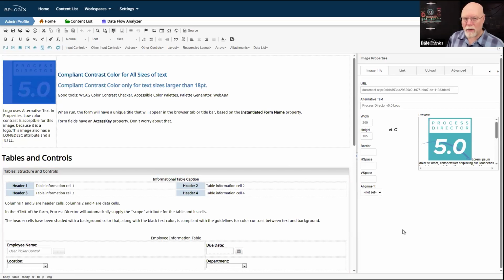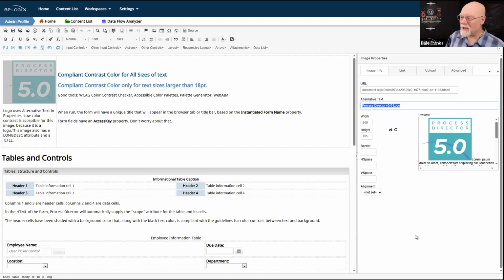Once you put an image on the page, you need to ensure that disabled users who are using an assistive web device can tell whether that image is important, can tell what that image is. And so there are some attributes that you have to place on the properties of an image control. One of which is the alternative text. You have to provide a text alternative to an image anywhere that it is possible to do so.